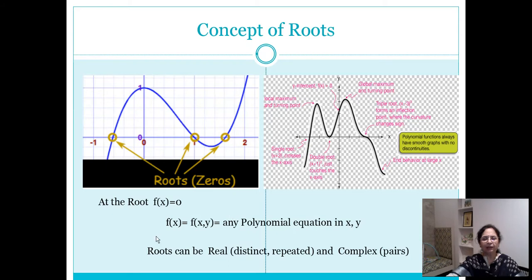Now, when we look at the concept of roots, what do we mean by roots? In this diagram, this is a plot for a function which we in general call f(x). When we say this is the root of this equation, we expect that the function value should become 0. So we are following f(x) equal to 0 as the location of the root. We can see that there are 3 roots identified in the scope which we have shown from -1 to +2 for this diagram.